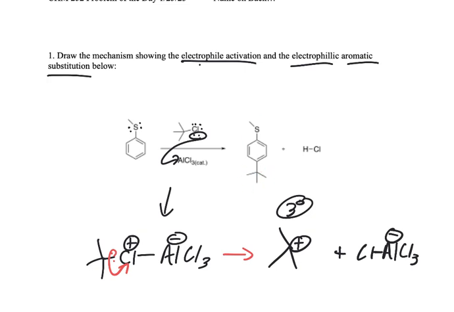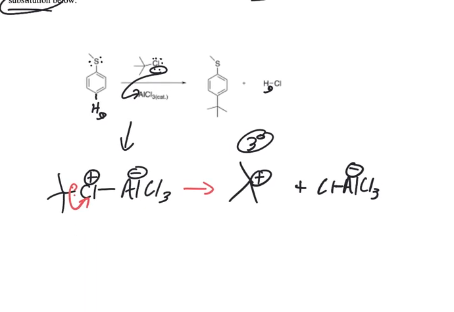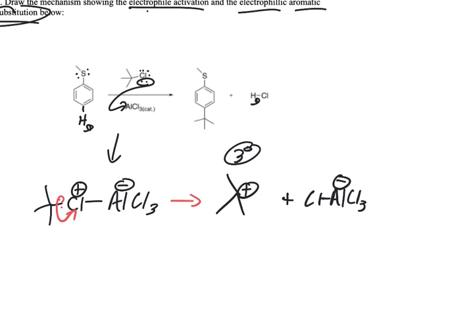But you're told that. Okay, so what needs to happen is the H that's in the para position has got to go, right? Substitution reaction. We're going to substitute this H, which ends up being this H, with the tert-butyl group. So the first step in the actual electrophilic aromatic substitution, now the activation is done, is the pi bond reacts. So which pi bond does it have to be? It has to be the pi bond here,